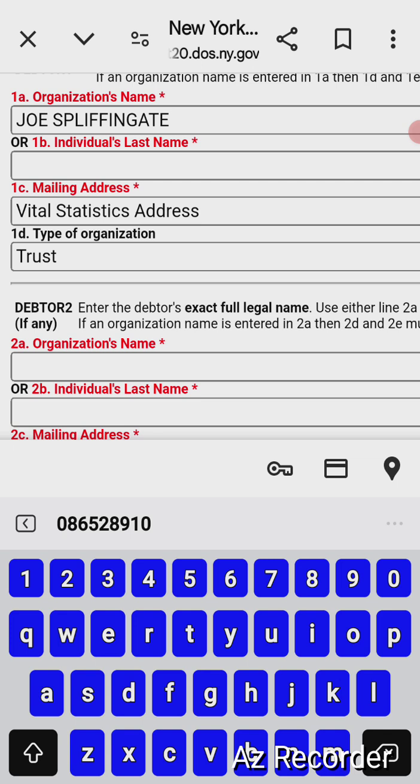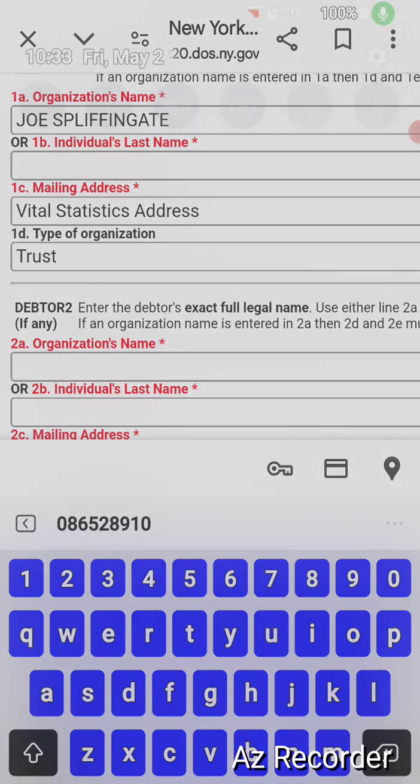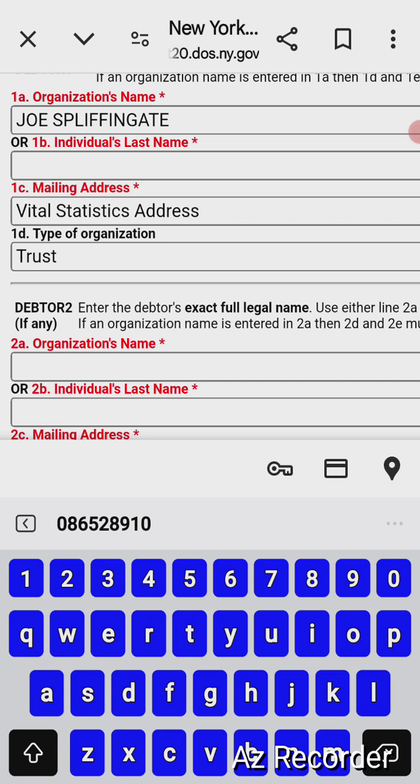After this, we'll go down to the secured party section, because there is no second debtor. Some people out here are having people put the United States of America as the second debtor. That's not accurate. That is not on point, people. Do not put the United States as the second debtor. Don't do it. There is no second debtor in this regard.